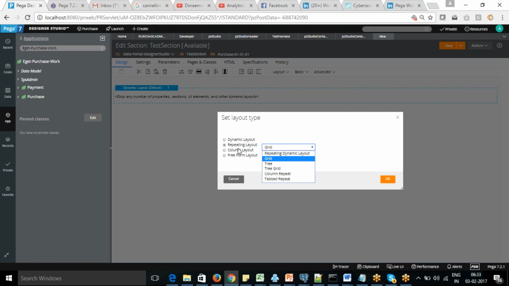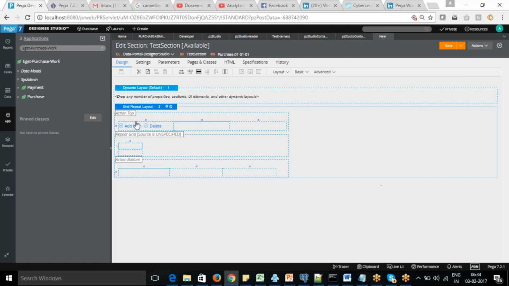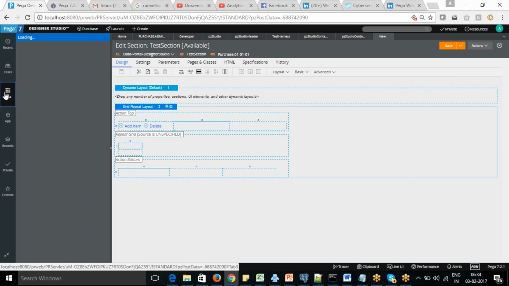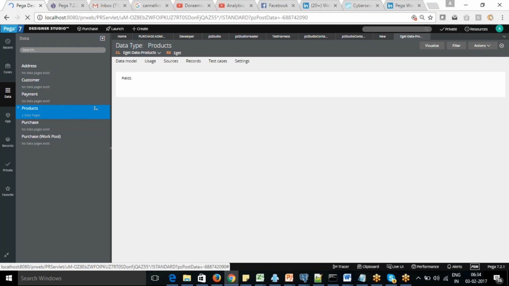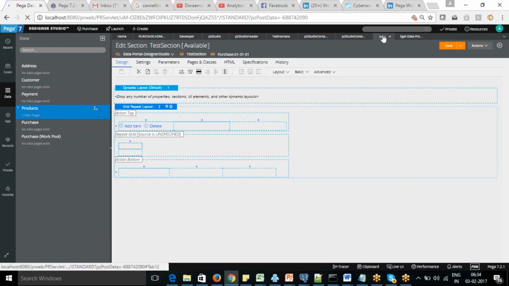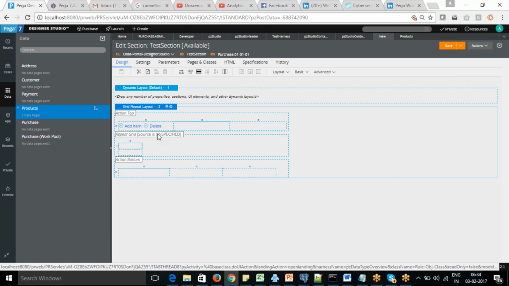And when we are displaying the grid, so to say, I use the grid now. So grid is completely different. This is actually called the header, this is the footer, and this is the main content. And you need to decide from where it is going to take the values in the repeat grid. Okay, so we have created a data page, right? I think we have created the product, right? So let's see, we want to display the product in that one. So in repeat grid,